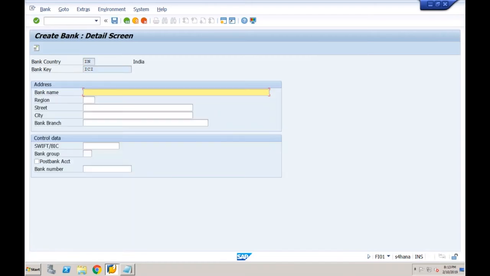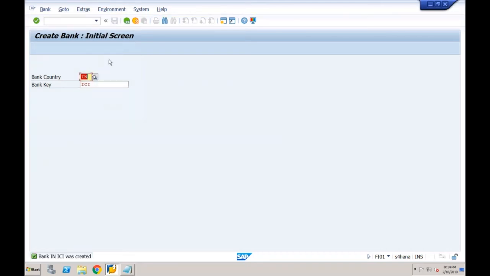So I think ICICI is already created. So I'm just using ICI. This is ICICI. Okay, I'm not maintaining all these addresses. Let's click on save. So FI01 is still available, using which you can create a bank. Second one, what we normally do is once FI01 is created, we go to FI12. If you go to FI12 now,